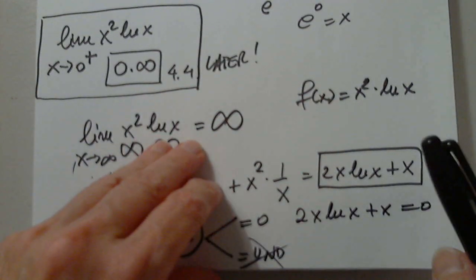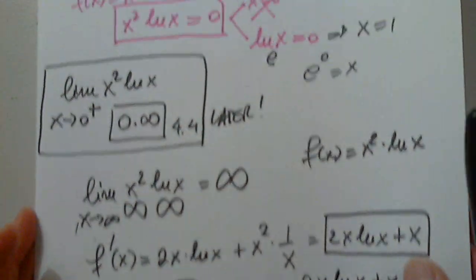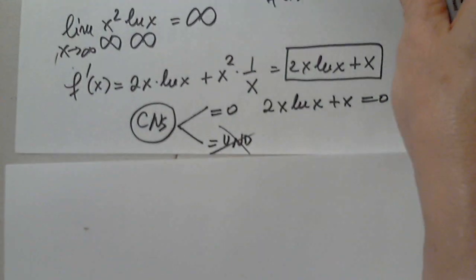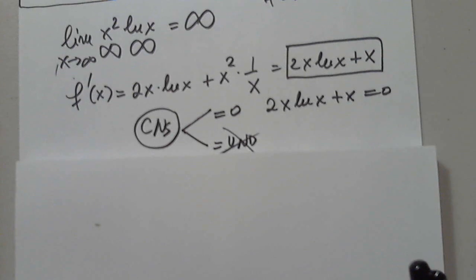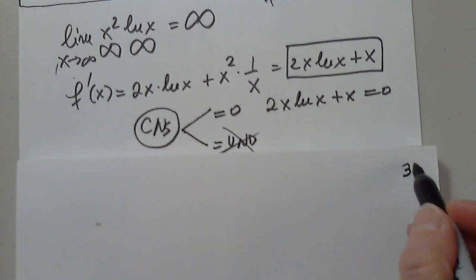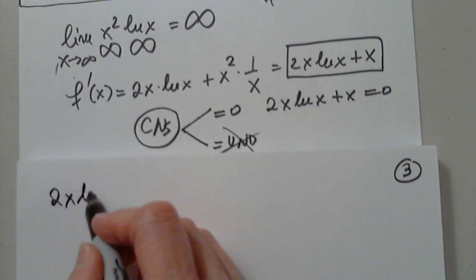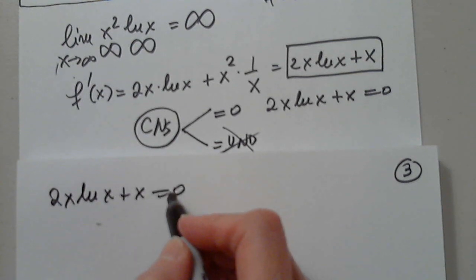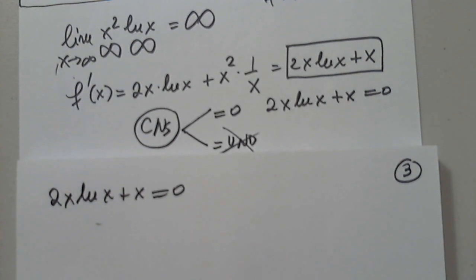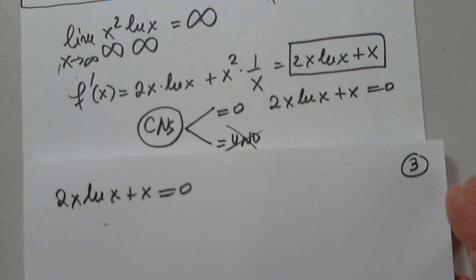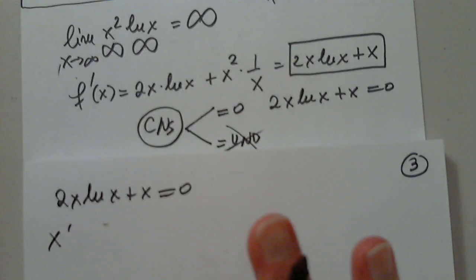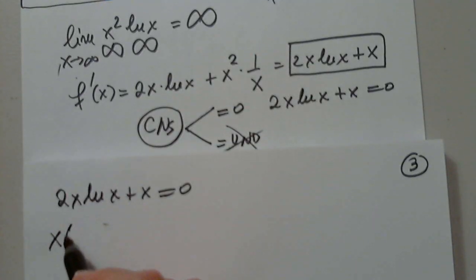So let's continue. I'm going to write it one more time because I ran out of room. I always run out of room, don't I? So 2x natural log x plus x equals 0. Any suggestions, any recommendations? What would you do here first? We could take out x. Of course. We cannot divide by x, but